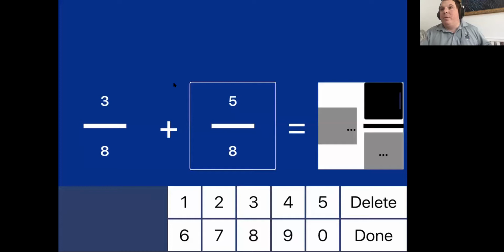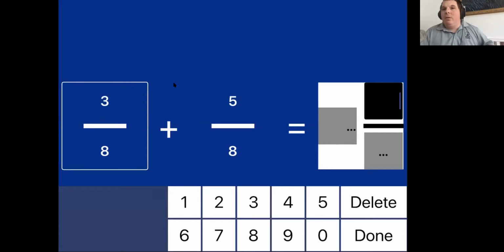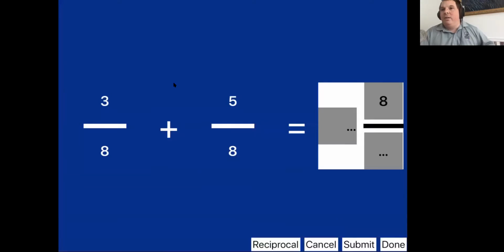At the very bottom of the screen, this is in landscape, that was in portrait, but at the very bottom of the screen here, we have a number pad. You can touch that to enter the numbers. And then there's a done always on the right-hand side of the number pad. And above the number pad, I can touch up here and I can actually get it to 3/8 plus 5/8. So I'm going to go ahead: 3, 8. Go down here and press 8. Done.